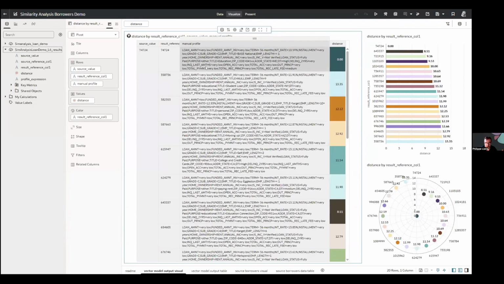And indeed, it's the same loan amount, it's the same funded amount, but there are a few aspects of this that differ. Very few compared to the next one, which is further apart. That's a way for me to quickly identify in a large data set, according to what dimensions and metrics I'm interested in, which ones look alike together.